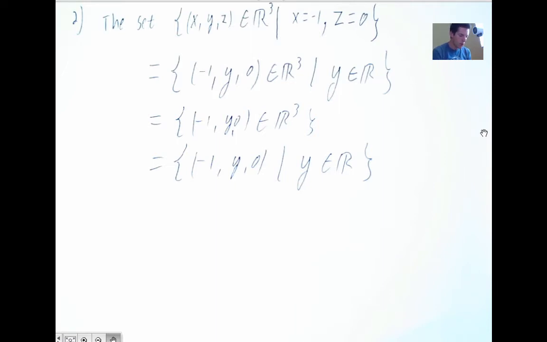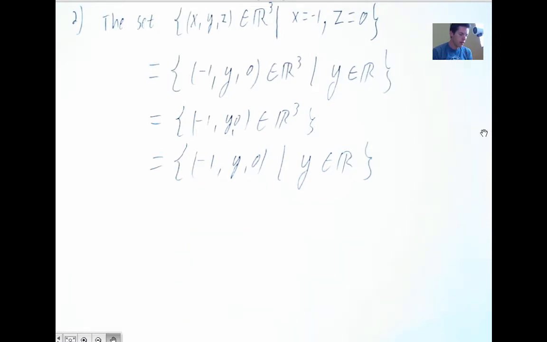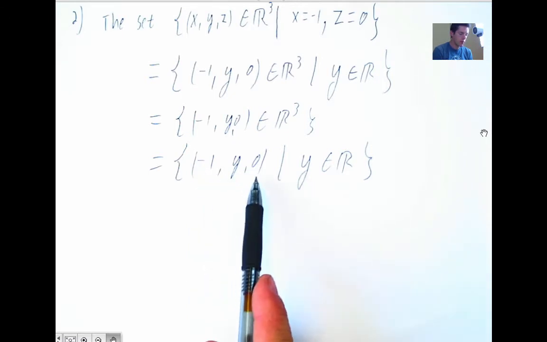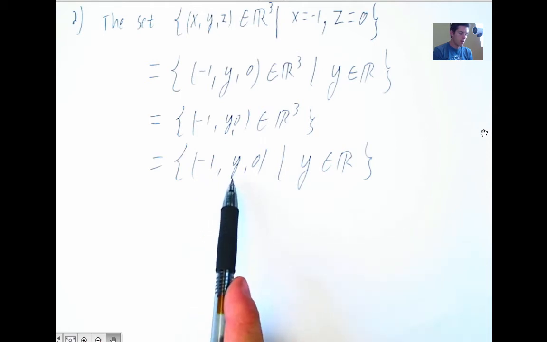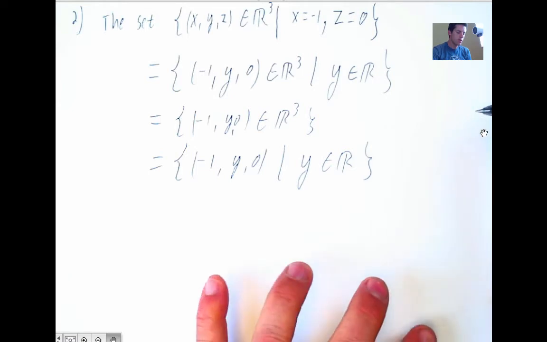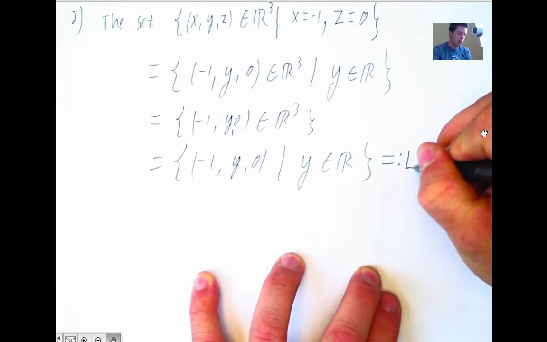Now I need to think about what that is. Let's see. Looks like there's really only one parameter. Oh, right. I think the idea here is that certainly 0 is one of the real numbers, so -1, 0, 0 is one of the things in this set. And then if you use another point y, well then you move along a line as you change y. So I'm pretty sure this is a line, so let me say I'm going to define L to be that set,